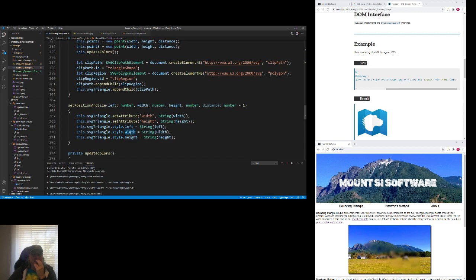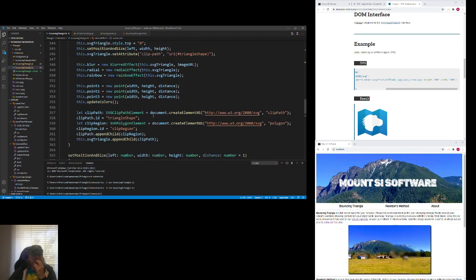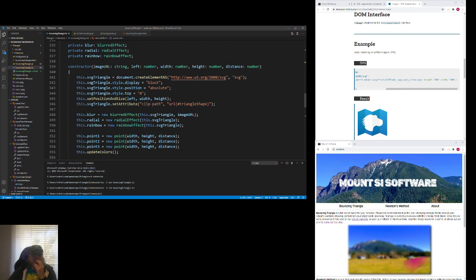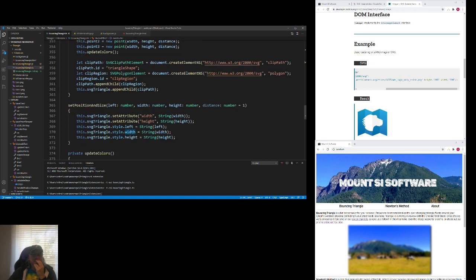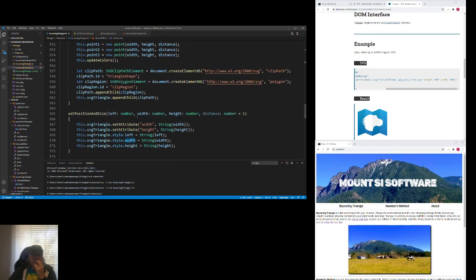I ought to be able to pull style.width and style.height because it sets its size and position based on the constructor. Then it creates the blur. I ought to be able to get the style.width and the style.height and have reasonable values, but it looks like what's happening is